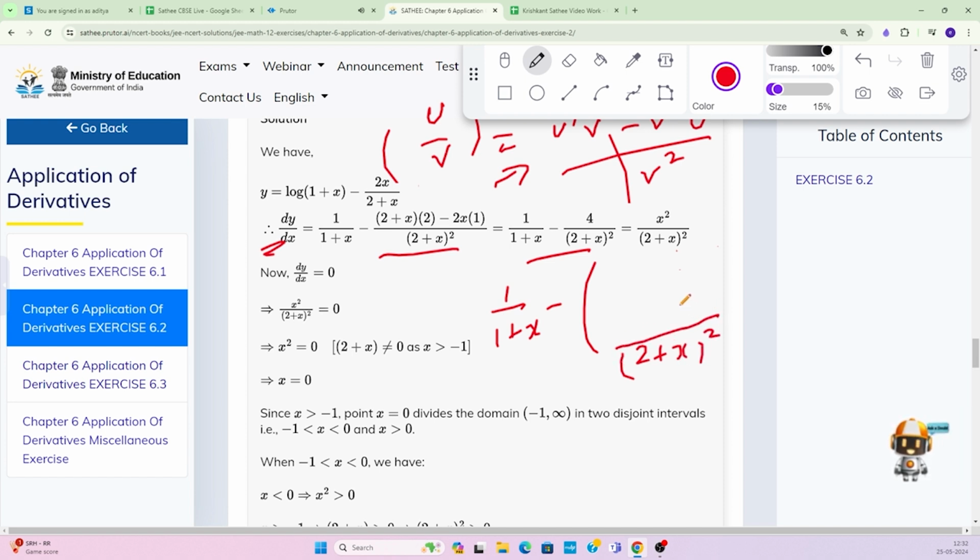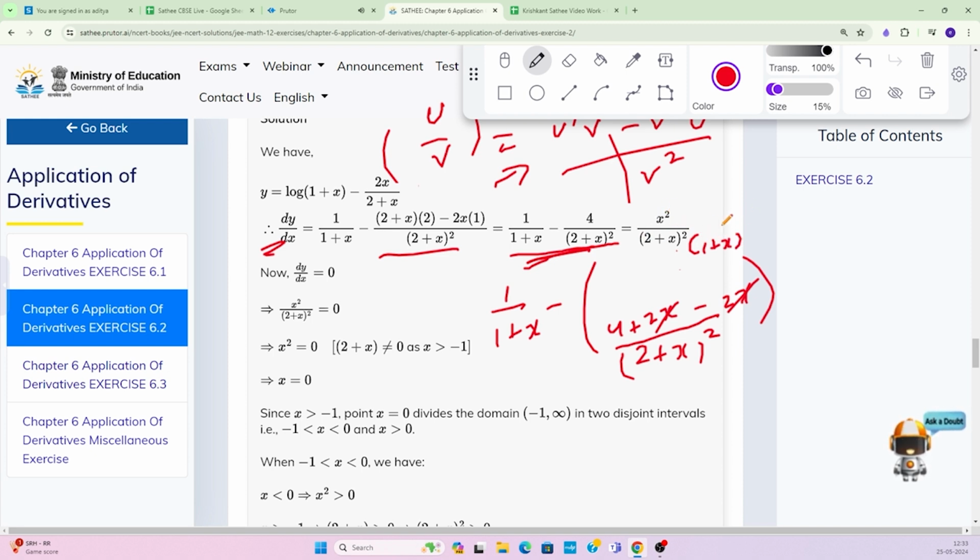Now 2 plus x will be multiplied with 2 as the derivative of the numerator. That's why it will be 4 plus 2x. Clear? Now minus the 2x will be multiplied with the derivative of the denominator, which will be x, so it will be 2x. So this and this will be cancelled, you are only left with this term. So you have now this form. Now you are taking the LCM, so there must be this extra term over here. Then you can get this x square term.